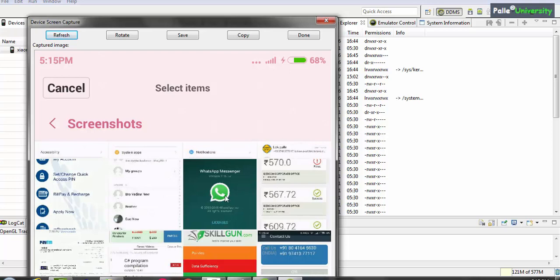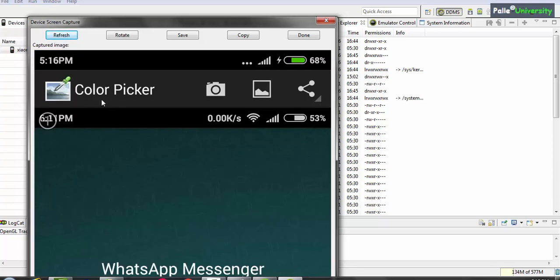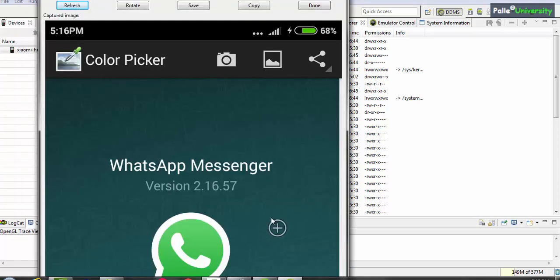Now let us say I want to design this screen but I don't know what this color is. So what I will do, I will select this screen. I will tap on that screen. This screen will automatically go to the Color Picker application. Let me refresh. Now the Color Picker application has opened your screen here. Now let us say I want to know the exact color for this area.